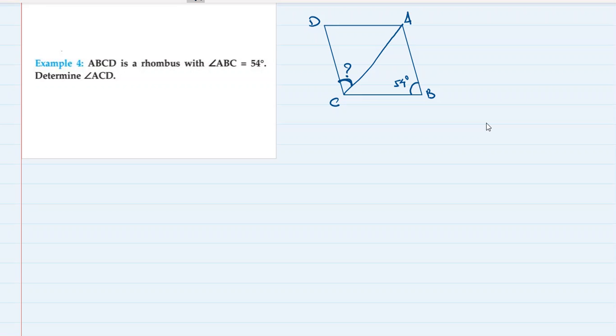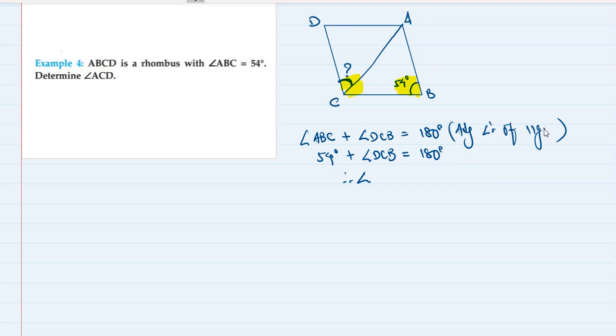We have to find angle ACD. Cool. So angle ABC plus angle DCB is equal to 180 degrees. See, this angle plus this angle, the sum of these two angles, is equal to 180 degrees. So angle ABC, which is 54 degrees, plus angle DCB, which we don't know, is equal to 180 degrees. The reason being adjacent angles